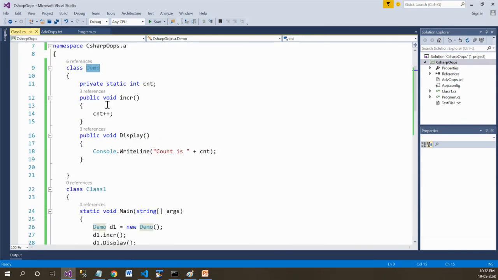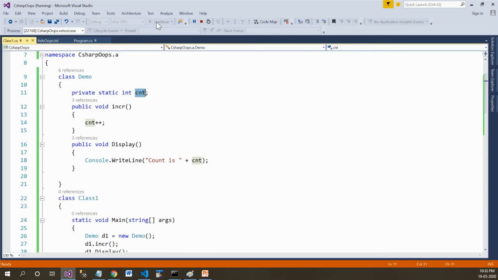Now what we have just said is the static variable is not instance specific, it is class specific. So whenever this particular variable is declared, it will be stored in a separate memory location related to the class, and for each instance of the Demo class, the same memory location will be used.